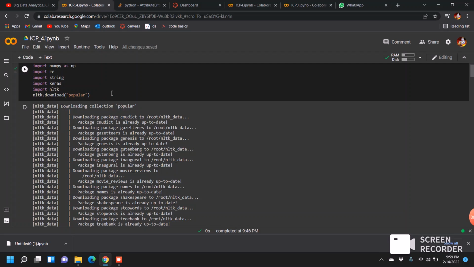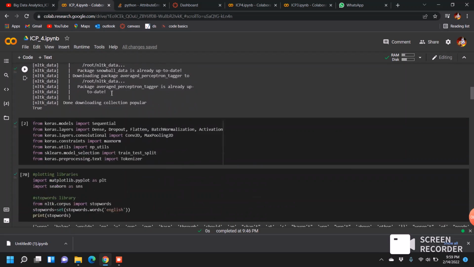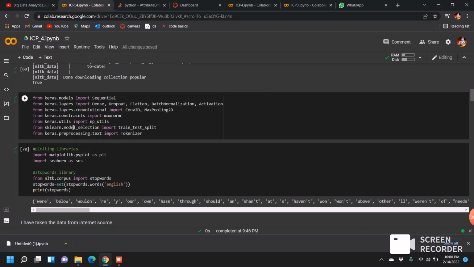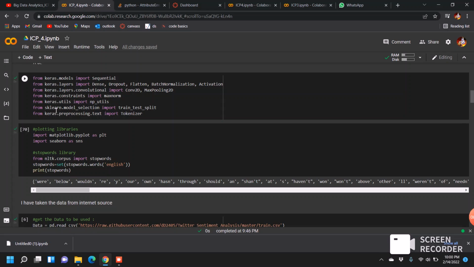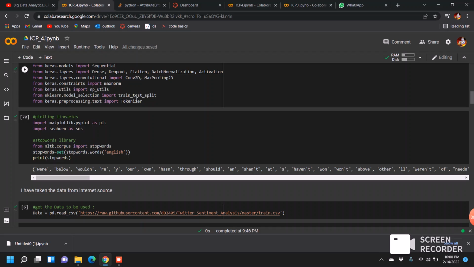Next, I imported the Sequential model, and also the layers like Dense, Activation, Batch Normalization, and also the utilities, the constraints, and the selection model to test and train,